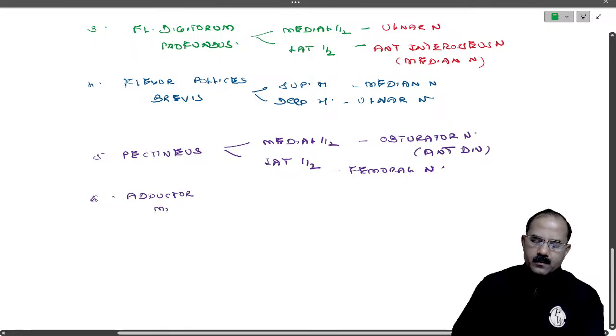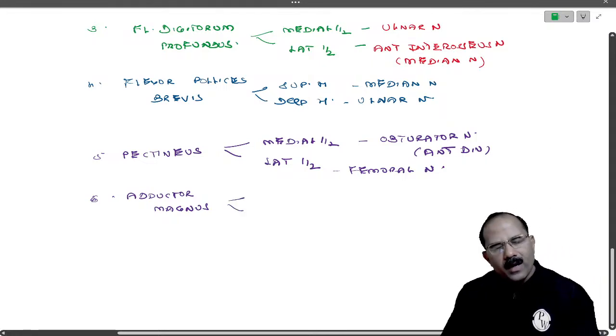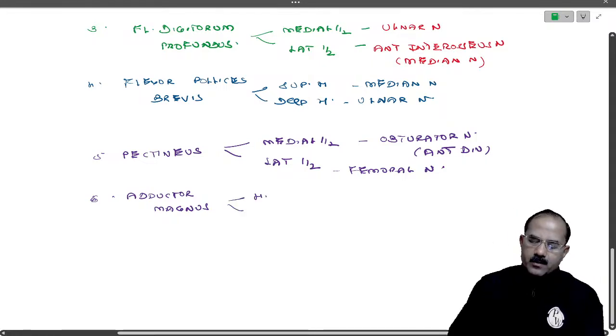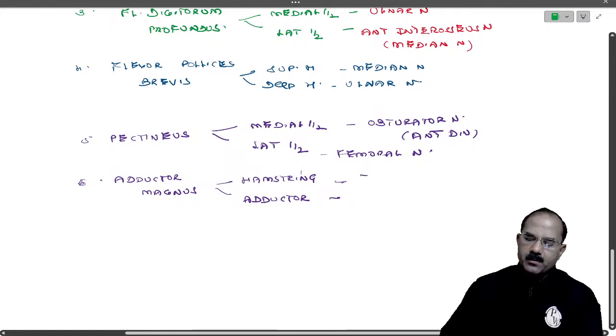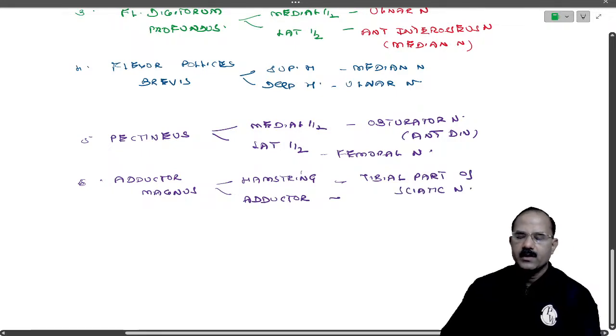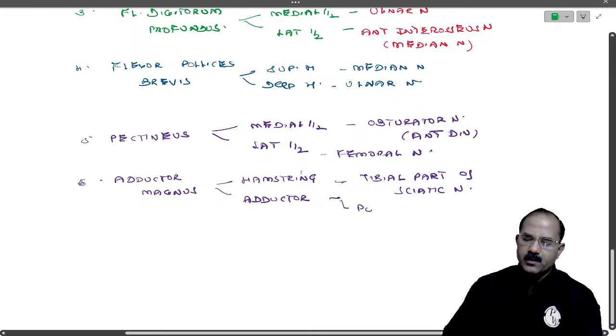Now, the next composite muscle in the lower limb is adductor magnus. Adductor magnus के दो parts होते हैं. One is the hamstring part, and the other one is the adductor part. Adductor part is in the adductor compartment. So the hamstring part is supplied by the tibial part of sciatic nerve, and the adductor part is supplied by the posterior division of